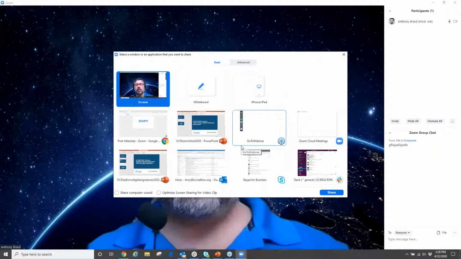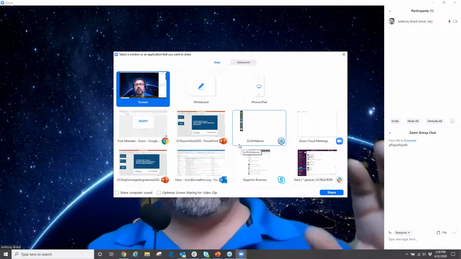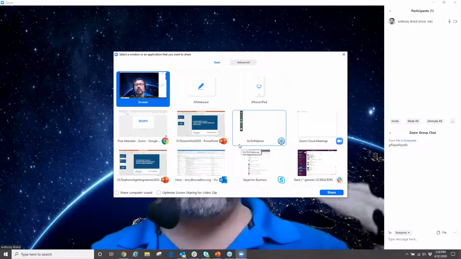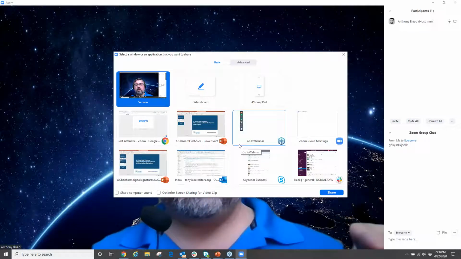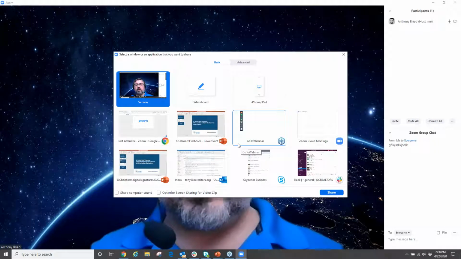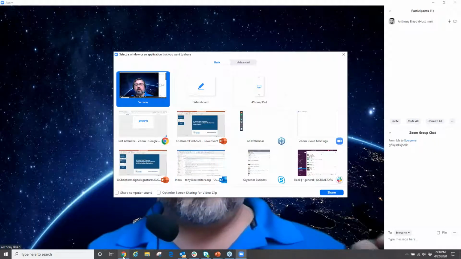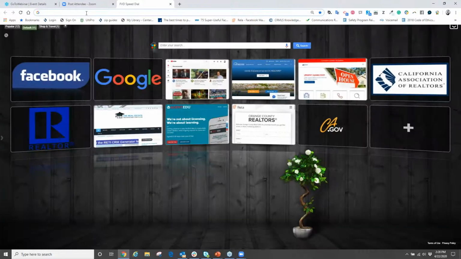Now, this is where you need to be super careful with what you're sharing, because if you're going to host a meeting like this and you're going to have participants, especially clients, be in your meeting, close out everything that's on your desktop that's not essential to the meeting itself. So if you're going to go over contracts, make sure that you as an agent are probably in your zip forms,